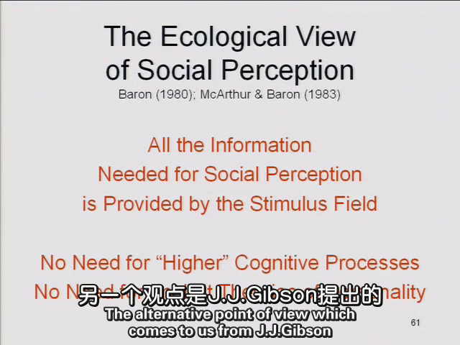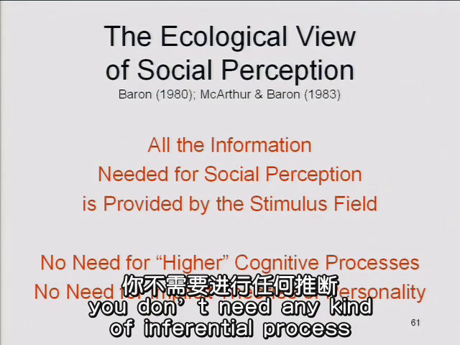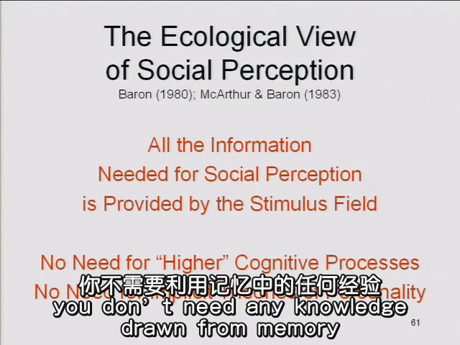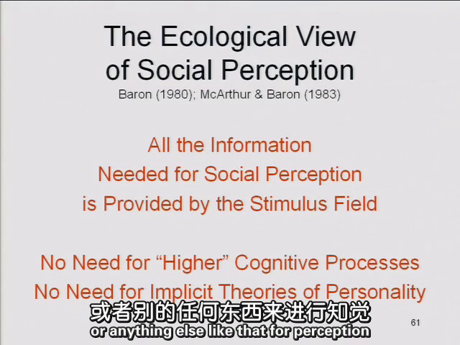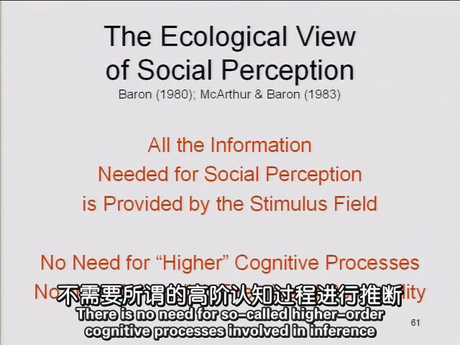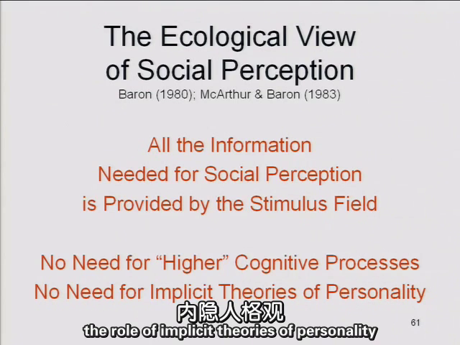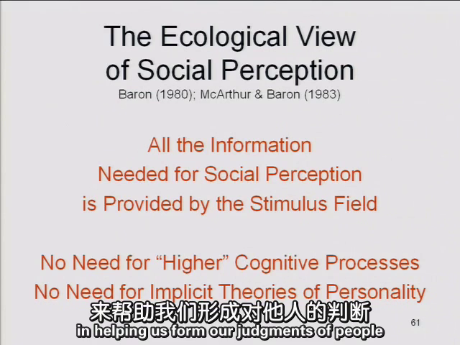The alternative point of view, which comes to us from J.J. Gibson and his students and colleagues, basically says you don't need any kind of inferential process. You don't need any knowledge drawn from memory or anything else like that for perception. All the information you need for perception is provided by the stimulus itself. There's no need for so-called higher order cognitive processes involved in inference, and there's no need for anything like what we were talking about last time, the role of implicit theories of personality in helping us form